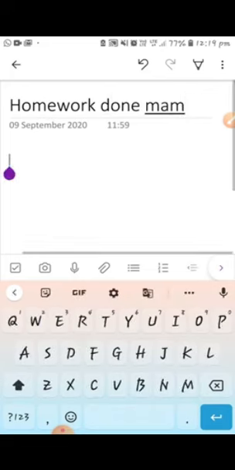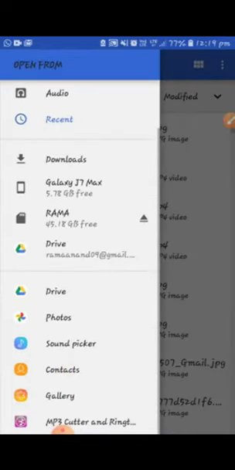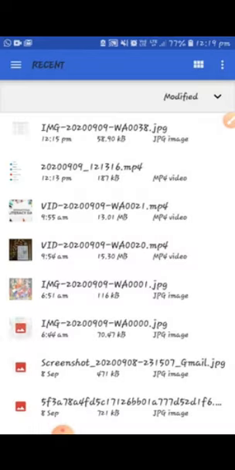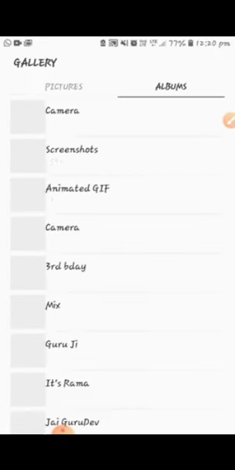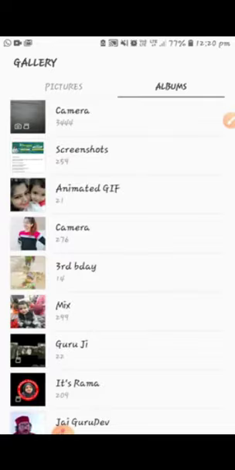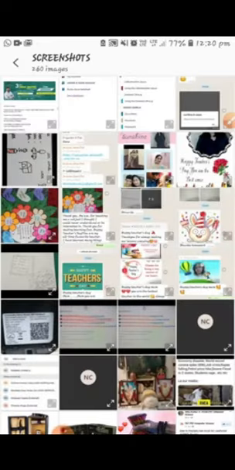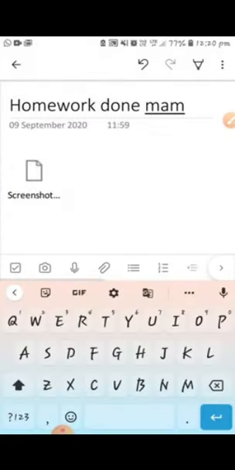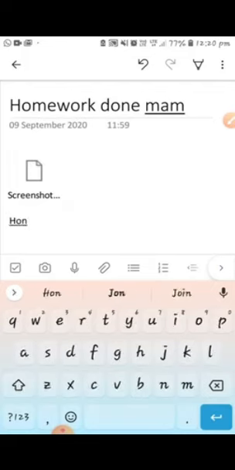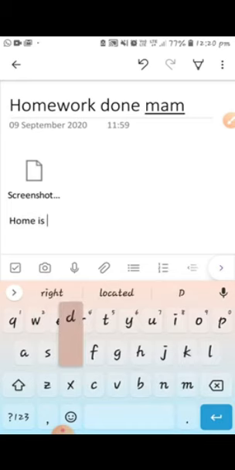Okay, and I am uploading the file by this attachment icon. Photos, galleries, or everything, your complete phone will be open to you. This is the homework that I have selected, and the file is attached. Now one can type homework is done.